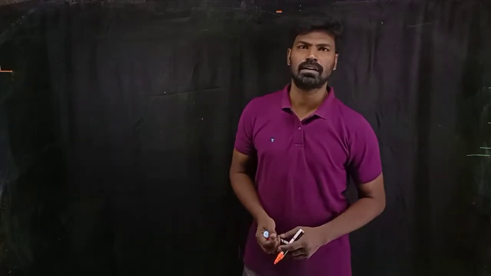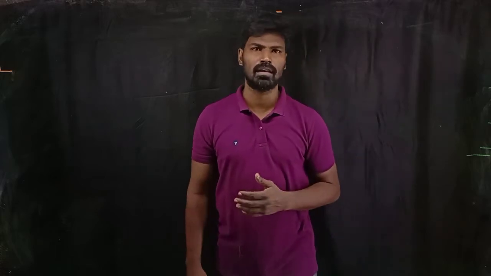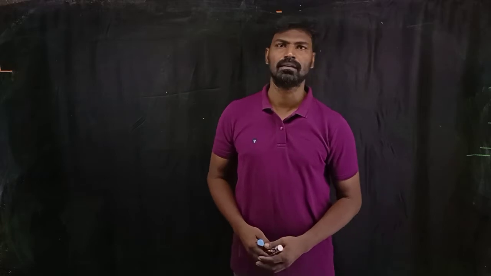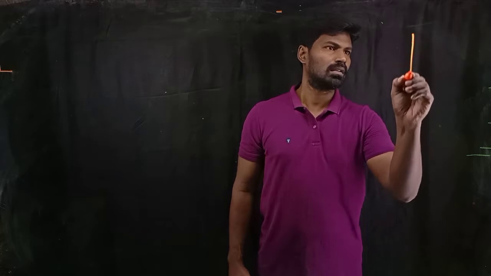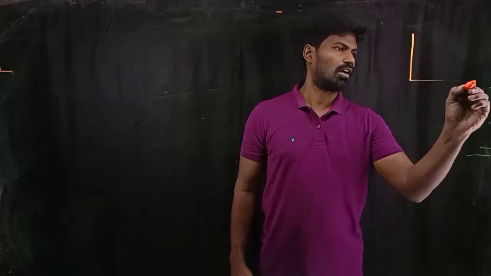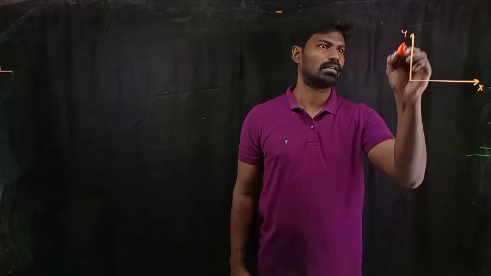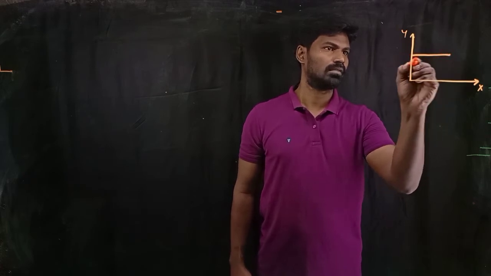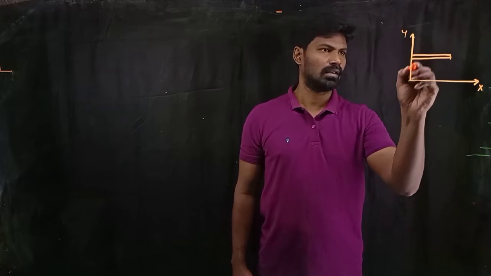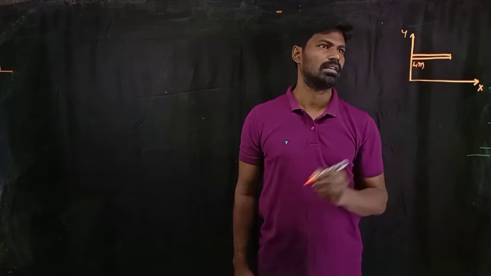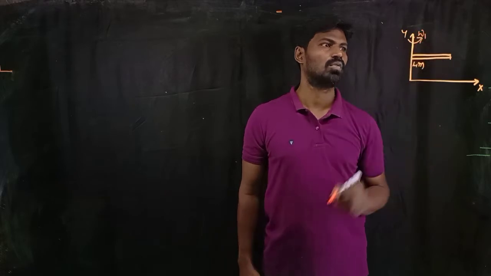Hello everyone. In this lecture, I'm going to give an even better idea of calculating angular momentum by taking this simple example. Here there is a rod rotating about the y-axis. This I'm taking as x-axis, this I'm taking as y-axis. A rod of length L and mass m. Length of the rod I am taking as L and mass I am considering is m, and it is rotating about the z-axis in this sense with angular velocity omega 1.